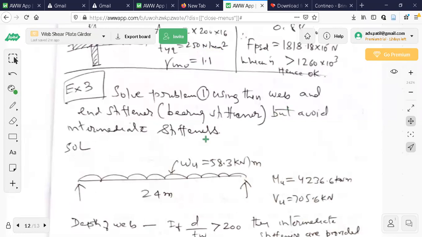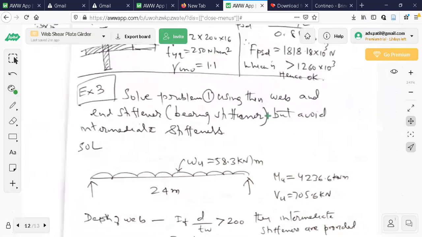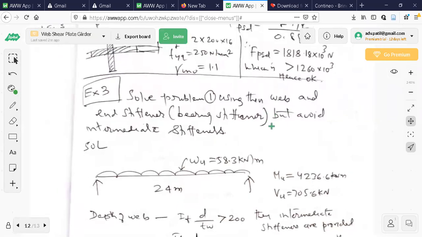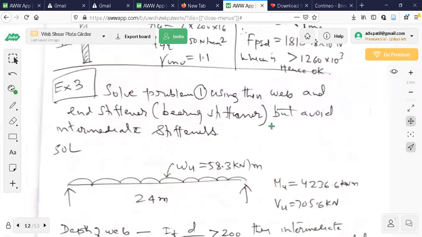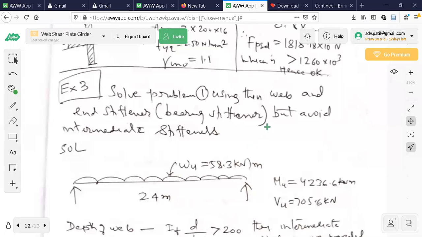Now, how to understand intermediate stiffeners? Once you design intermediate stiffeners, you will be able to understand everything properly. What extra am I getting using intermediate stiffeners? Usually, the intermediate stiffener is placed just below the point load. Wherever concentrated loads are there, there is more chance of buckling of the web. Below the point load, I'll show you an example, observe here.